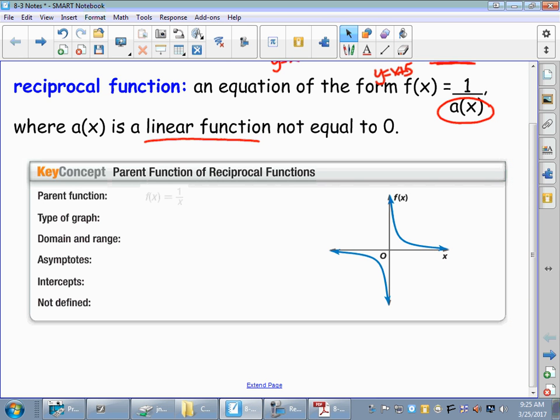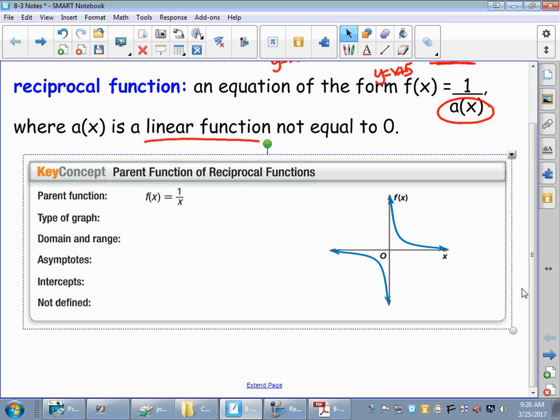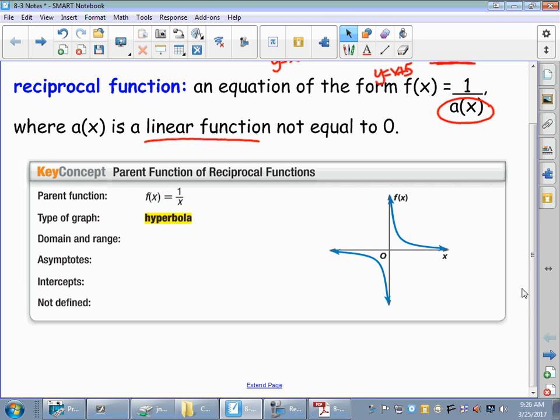The parent function is when you have a positive 1 over x, a positive 1x. Very simple form of the equation. You can't really get any simpler than that. And so it forms these two curves. Now, when you have these two symmetrical curves back to back, they're called a hyperbola. That type of graph is a hyperbola, and kind of looks like a parabola, but slightly